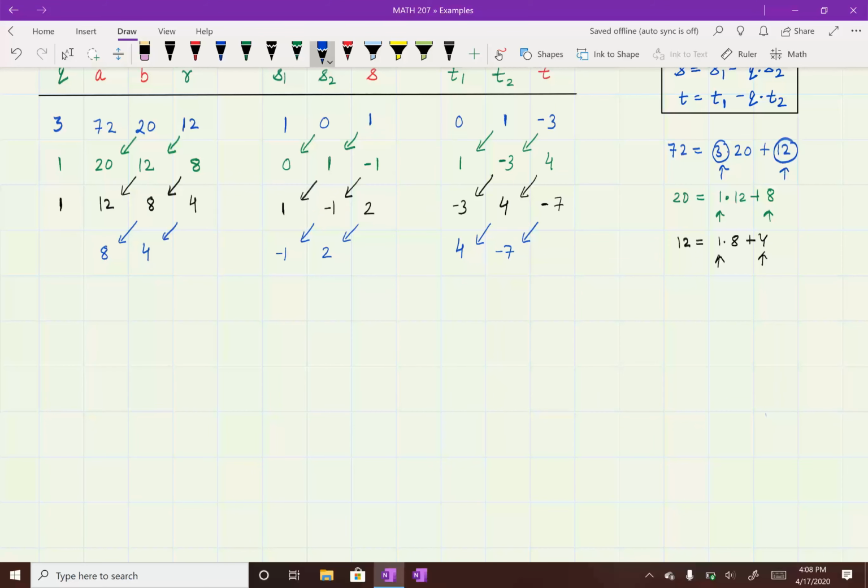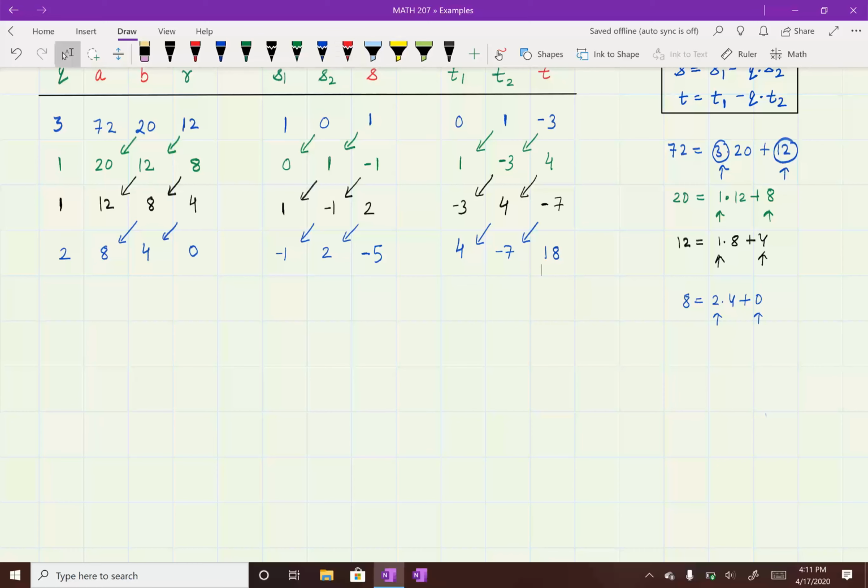And for this new value of A and B, which is 8 and 4 here, we can write that 8 is equal to 2 times 4 plus 0. So my quotient here is 2 and the remainder is 0. So I can fill up the values of Q and R as 2 and 0. So this is 2, this is 0. And corresponding to the values of Q, S1 and S2, the new value of S is equal to minus 5. And the new value of T is going to be equal to 18. This completes the fourth row of this table.